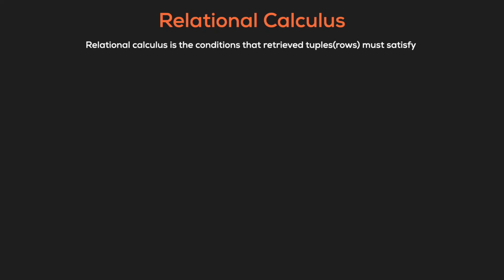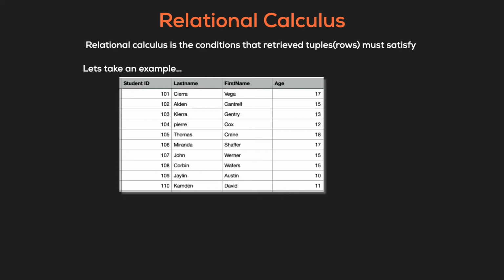Now that we know the terms that are commonly used in relational databases, let's look at relational calculus and relational algebra. Relational calculus is an outcome-based approach. What I mean by that is we mention what we want rather than worrying about the process behind it. So let's take an example of the student table that I mentioned before. In this example, let's say that I want to find the students whose age is greater than 15. By visual inspection, we can say that rows 101, 105 and 106 have age greater than 15.